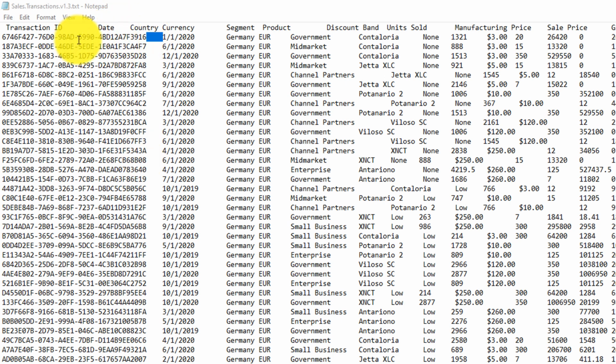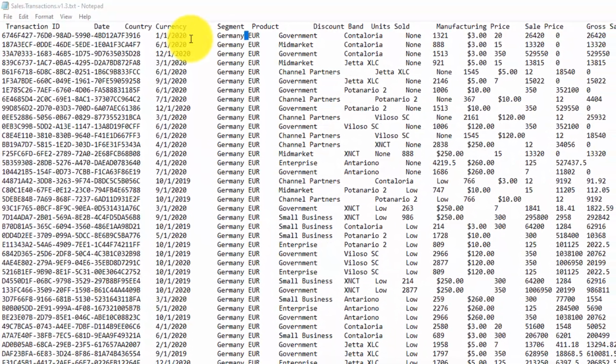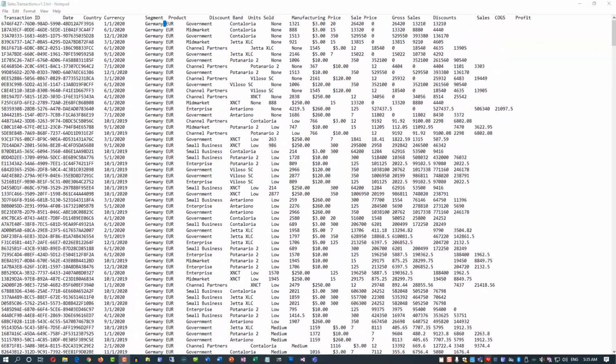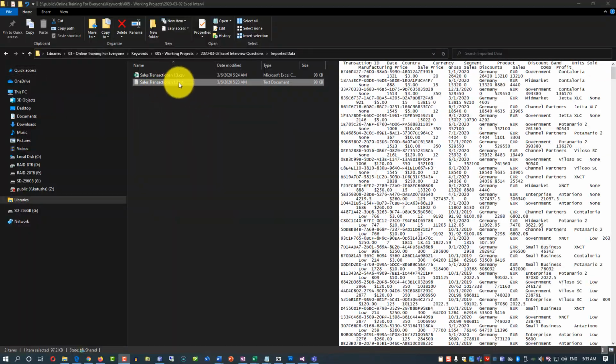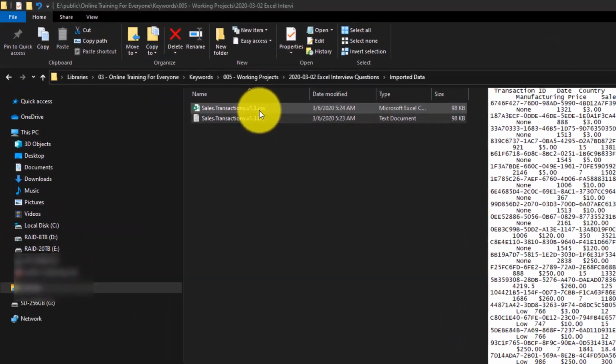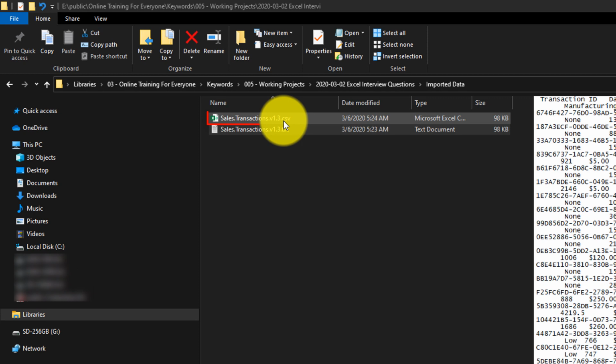Tab delimited means that between the columns there is a tab symbol. So between, for example, Germany and EUR, there is only one tab. When you push tab on the keyboard, you can replicate this symbol. The importance of the delimiter or separator is essential because you need to pick the format of how the source file is structured when you're importing the data. Typically, tab delimited files have the extension txt, and typically comma delimited files have the extension CSV, which stands for comma